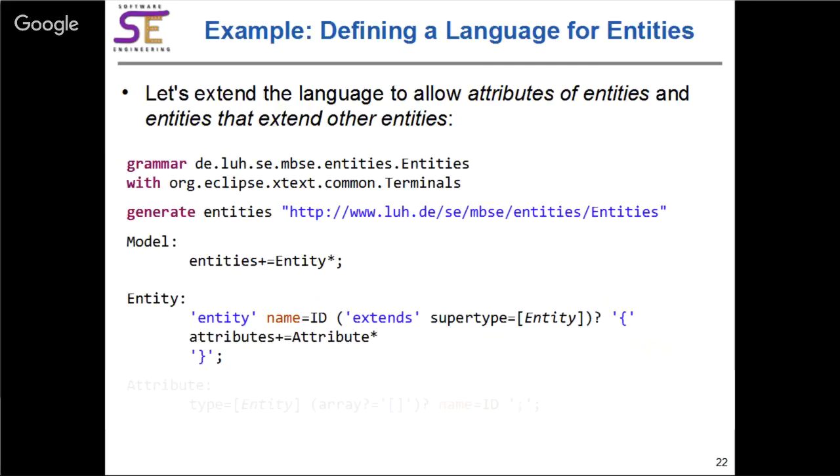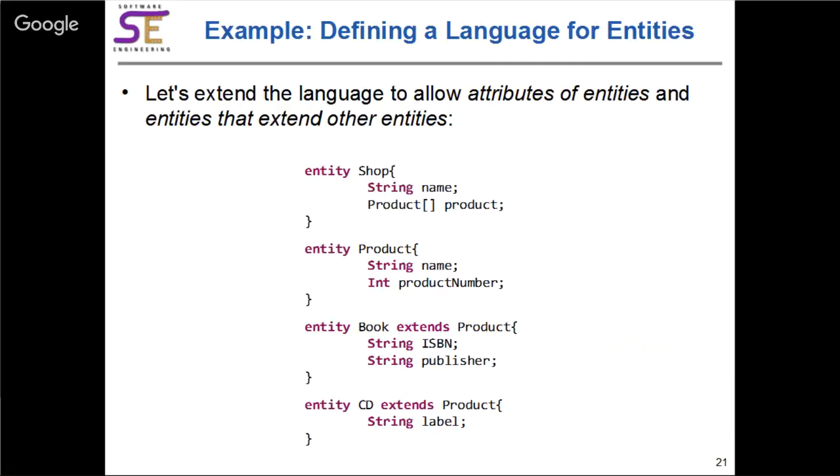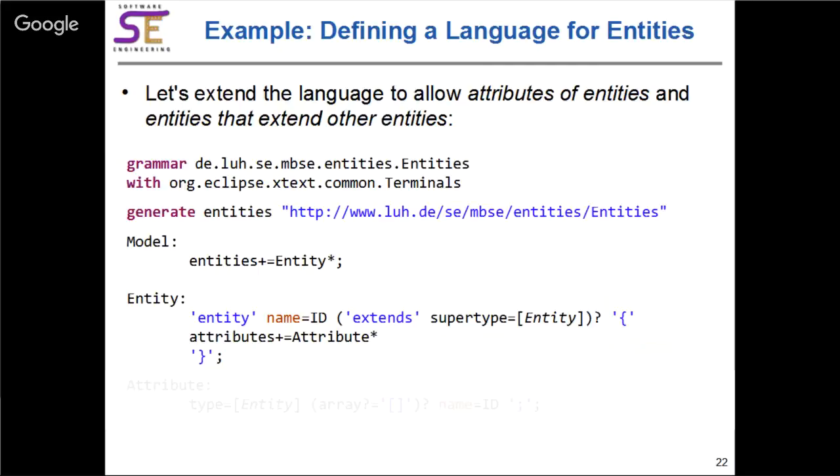For example, we said, and this is an optional feature, that entities can, but don't have to, extend other entities. Because this is optional, we have something in parentheses here with the question mark. So this says there is something there which is optional. And what is it that is optional? It is something that starts with the keyword extends, and then